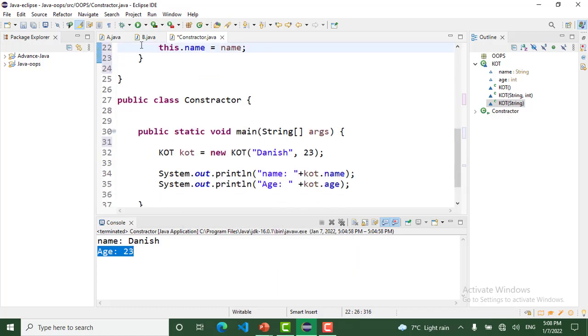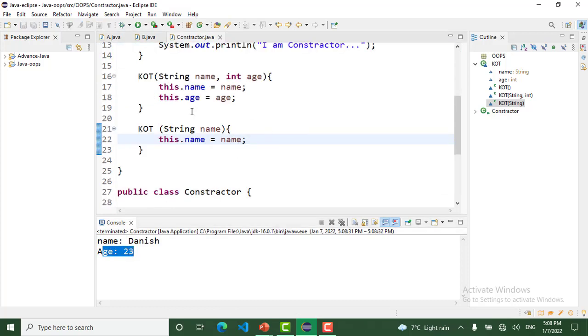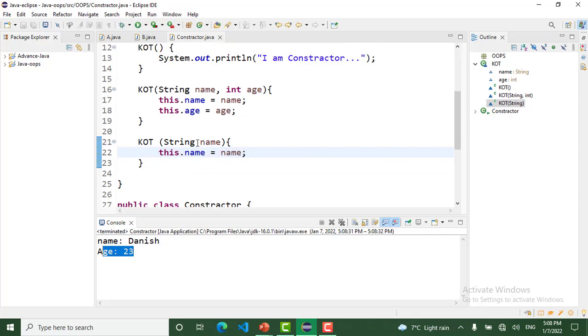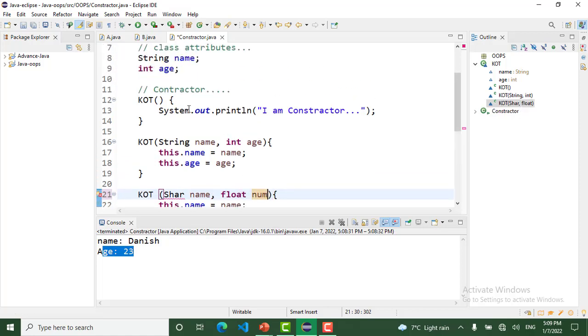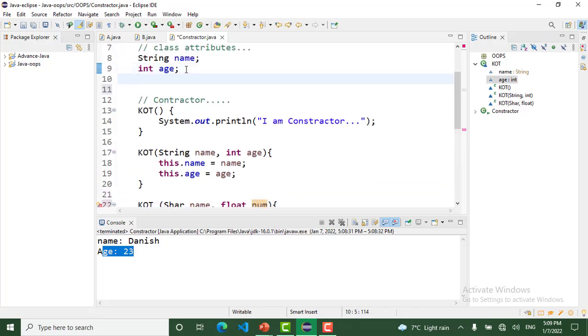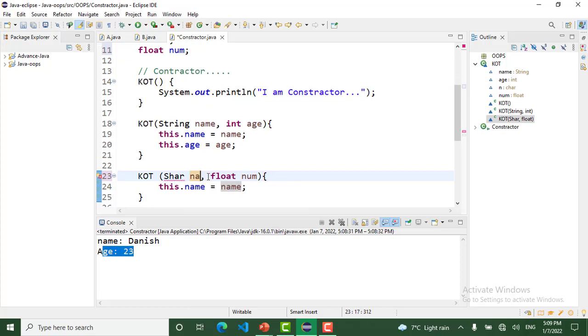When I run this program, name Danish. But we can also change the type of arguments. For example, I use char and I use float num. I declare these two variables here. We have two values here.